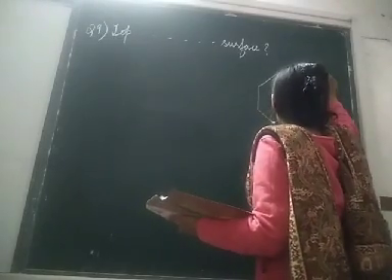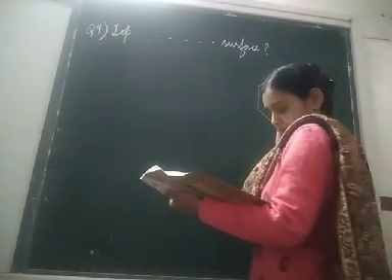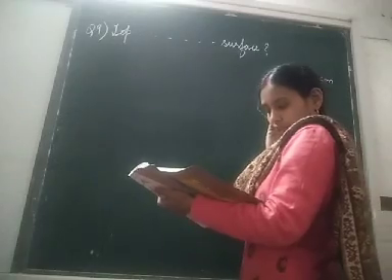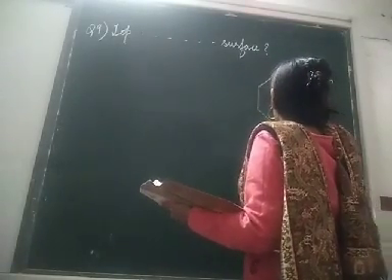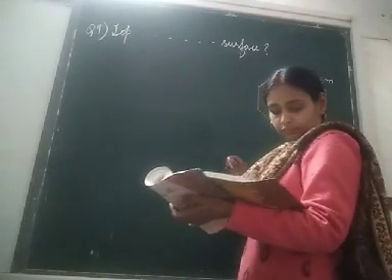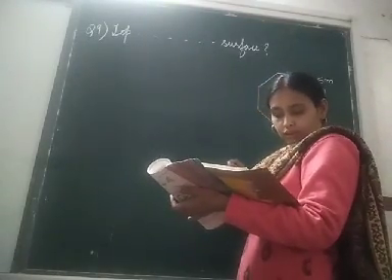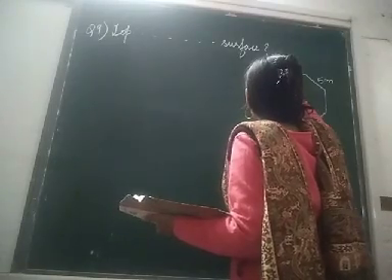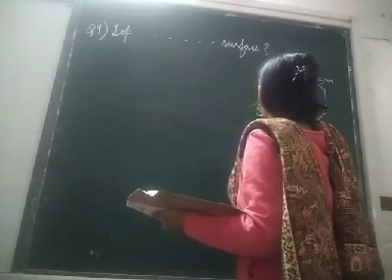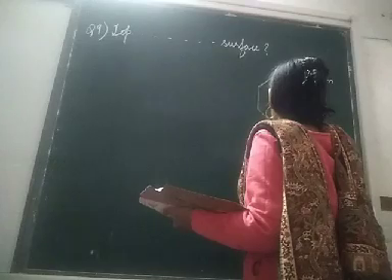So each side is 5 meters and this distance is 11 meters and this distance is 4 meters. So if we divide like this